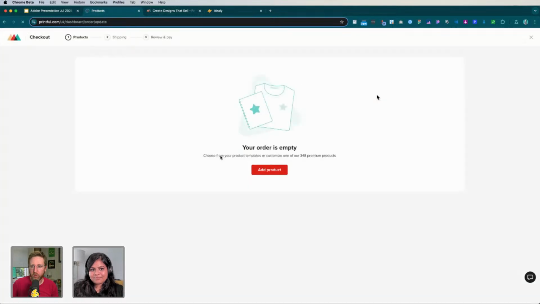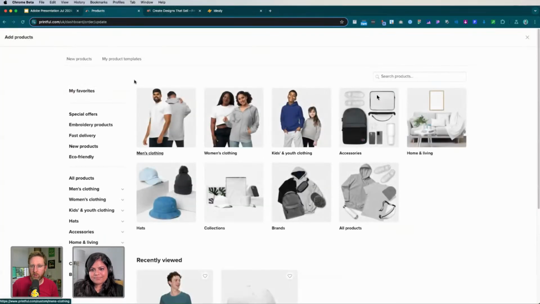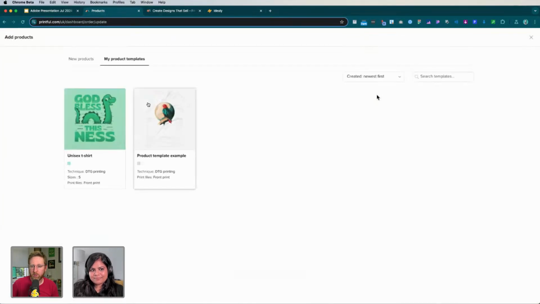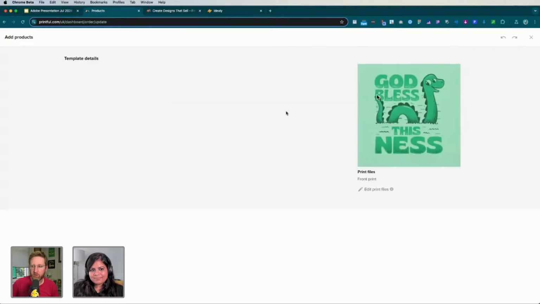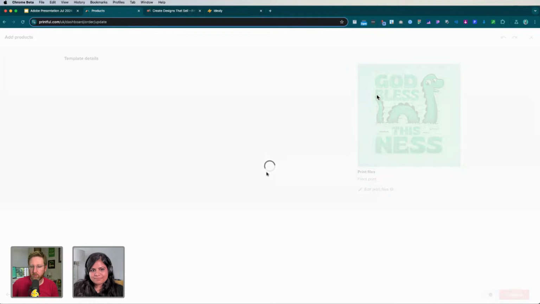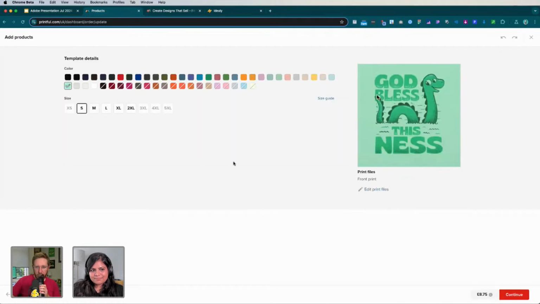So if we just create that and select the product, here we go. And then you can pick the size that you want exactly. What happens if you change the color? Does it also change it in the preview?